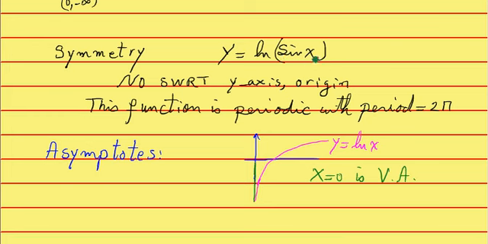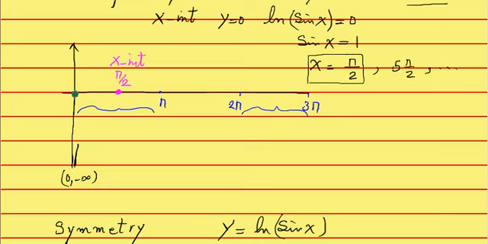So now we have to remember that whenever the input of this function becomes 0, we are going to have the same vertical asymptote. So I go ahead and set sine of x equal to 0. Solution of that: x equal to 0, pi, 2 pi, and negative of the same values. So plus or minus pi, plus or minus 2 pi, and so on, plus or minus 3 pi are the locations of vertical asymptotes. So that means I have an asymptote here, thicken it up. Here's an asymptote, a copy of it, another asymptote at pi, a copy of it at 2 pi, a copy of this one at 3 pi,